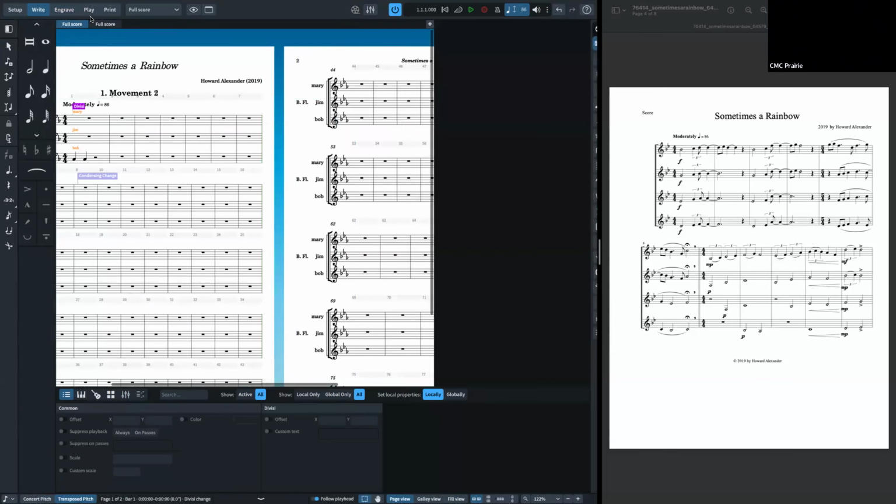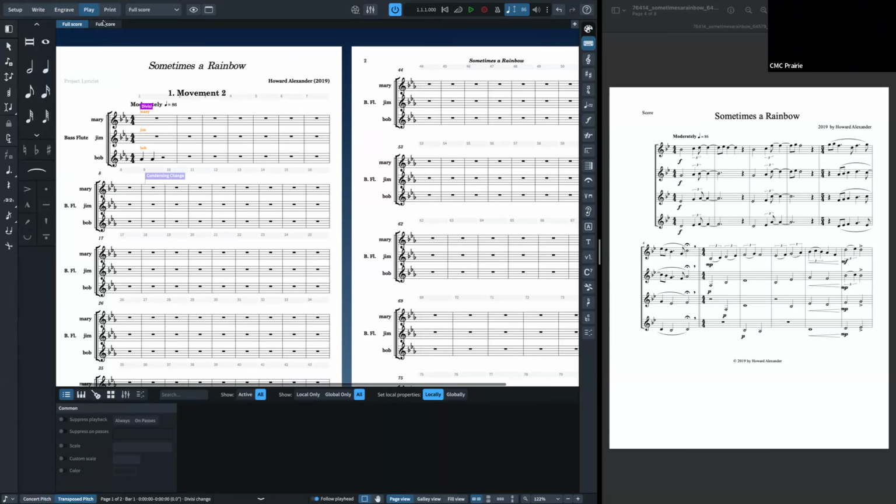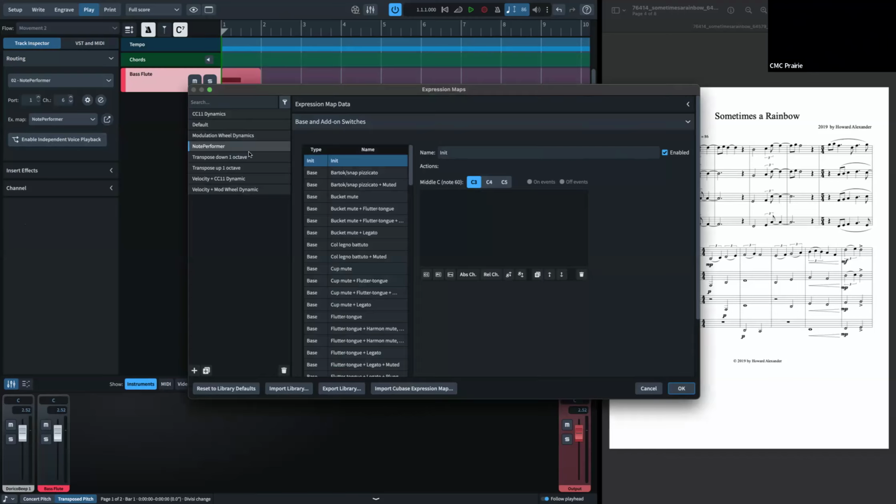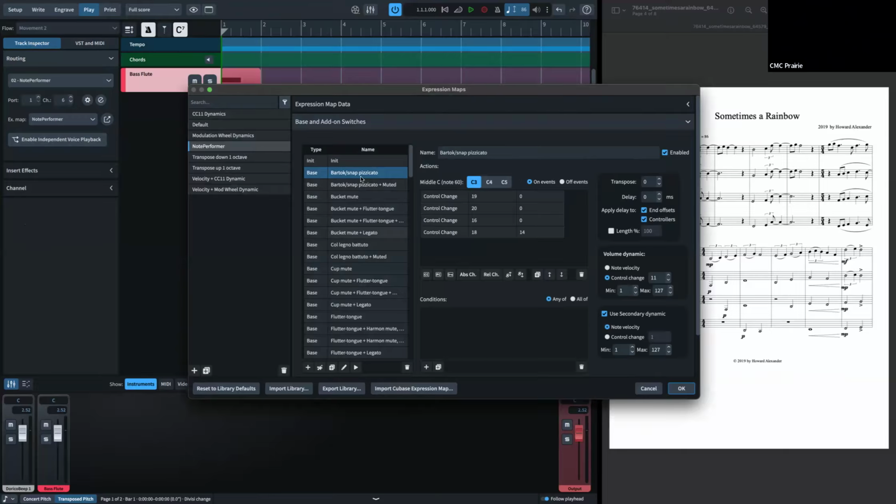I'll briefly cover Play. This is for, especially if you want to add different VSTs, different sounds, change your mixer. This is what all this is for. I use NotePerformer, but if you're not using NotePerformer, you're using the default sound settings, you can still change all these. You can add